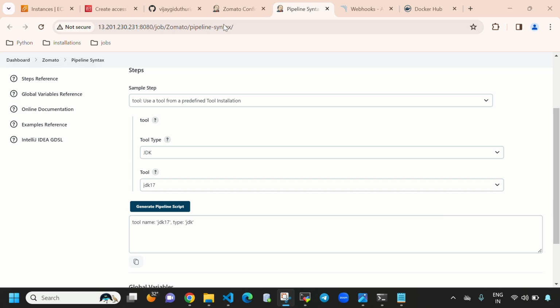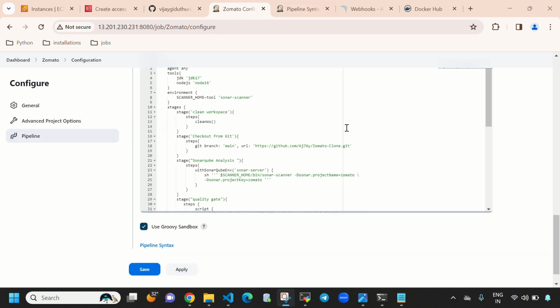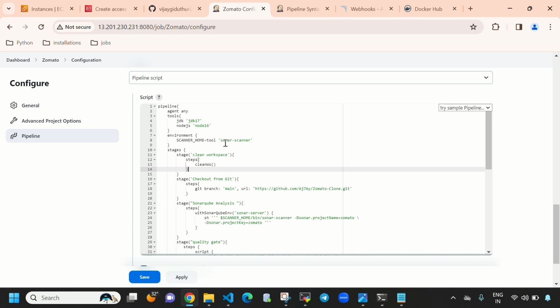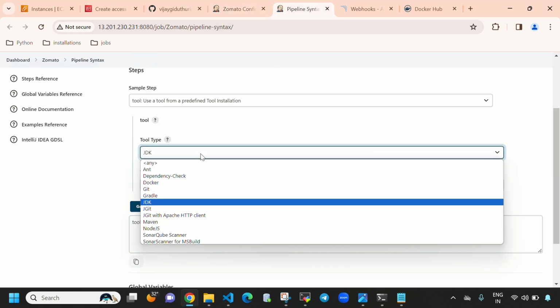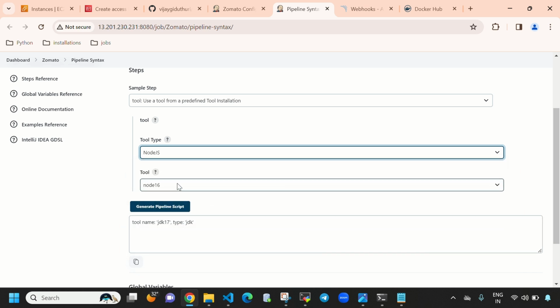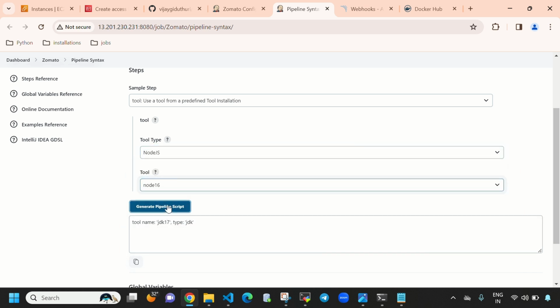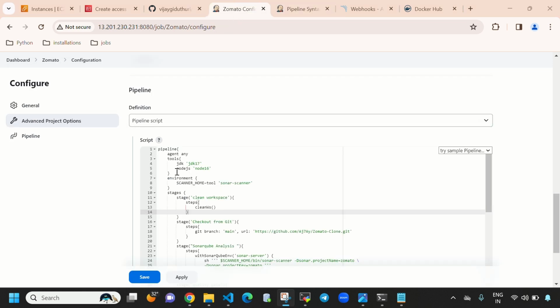And when you come here and when you see, here you can see tool name like JDK 17 and tool is JDK. And let's see Node.js, and you need to select Node.js here, and this is the name which I have given previously, and Generate Pipeline Script, and you can see tool name is Node 16 and type as Node.js. You can see tool name is Node 16, and this is the SonarQube environment to scan SonarQube,